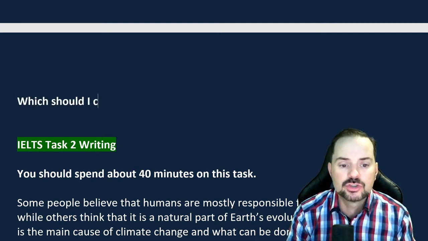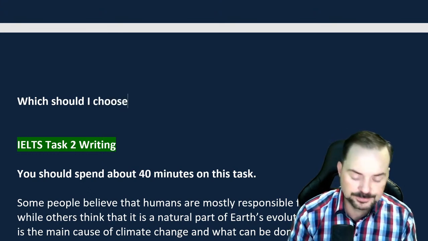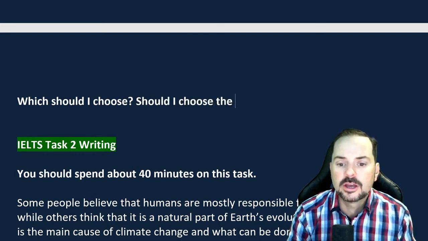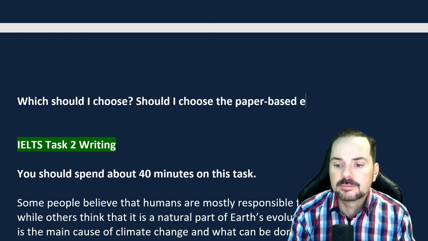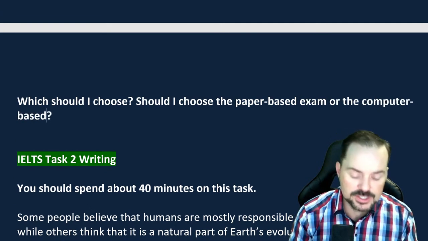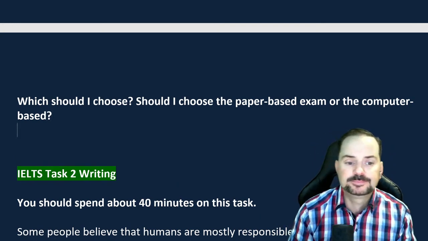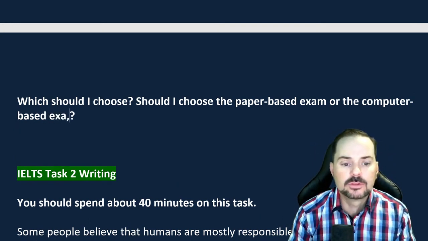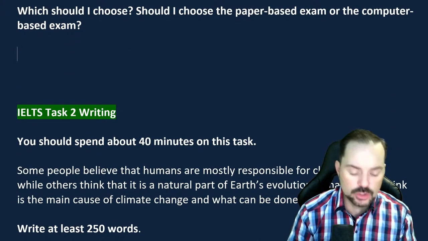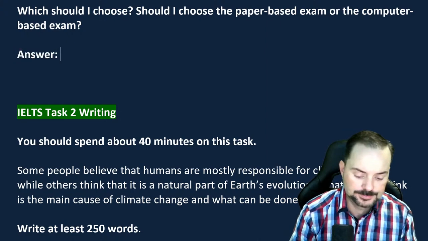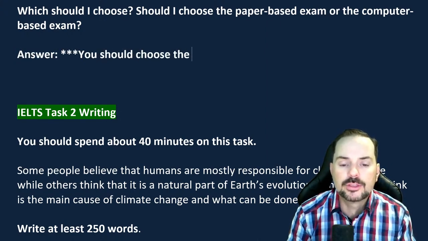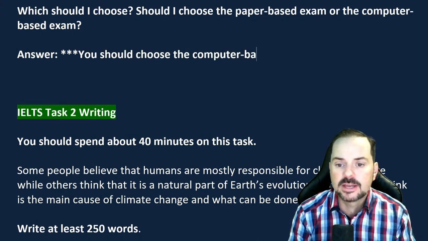So here's the question that I'm going to answer. Which should I choose? Lots of students ask this. Should I choose the paper-based exam or the computer-based exam? And there's a very simple answer that we have for that, okay? And it makes a lot of logical sense when you hear it. So the answer here is you should choose the computer-based exam